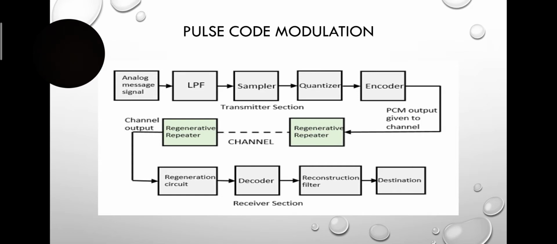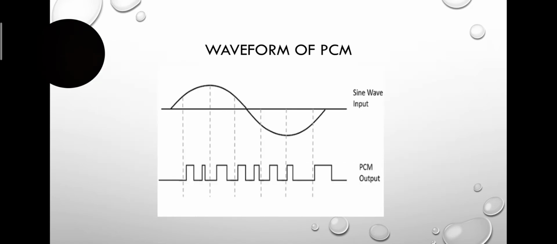There are many types of modulation techniques, which are classified according to the type of modulation employed. Among them, the digital modulation technique is pulse code modulation, denoted by PCM. A signal is pulse code modulated to convert its analog information into a binary sequence, that is, ones and zeros. The output of PCM resembles a binary sequence.